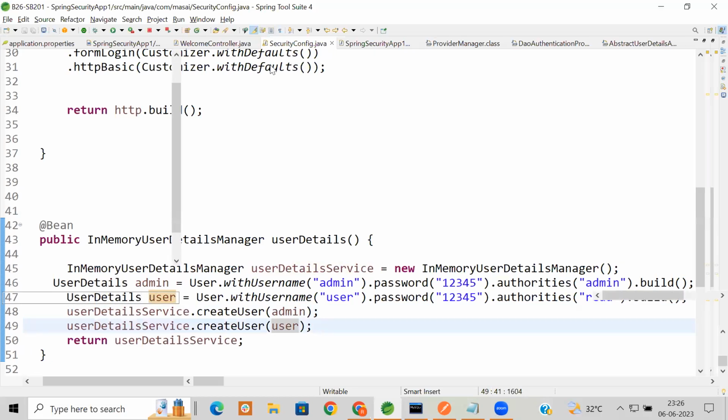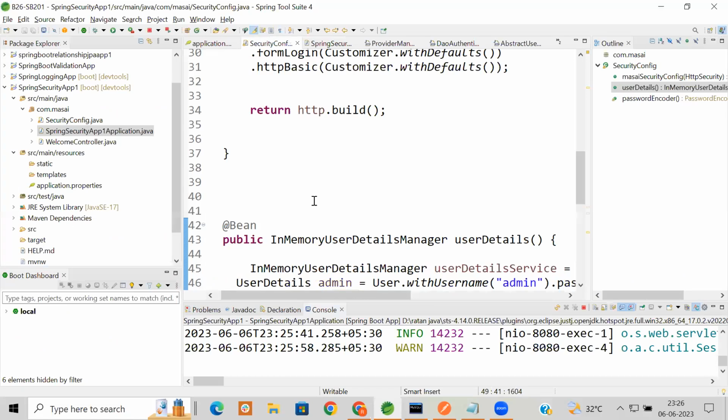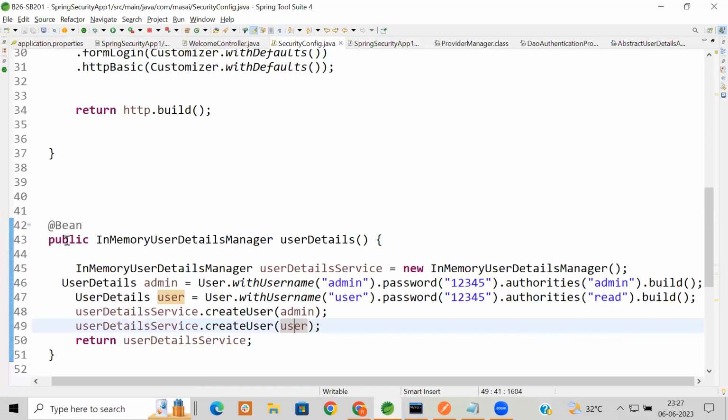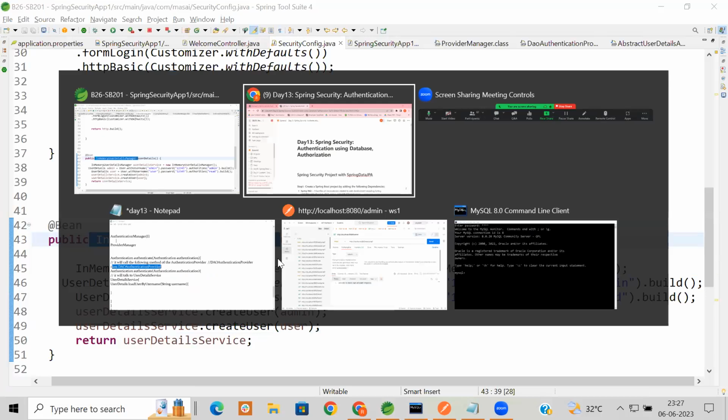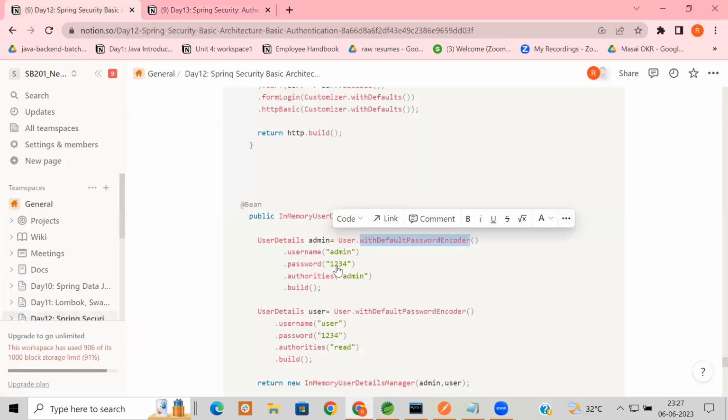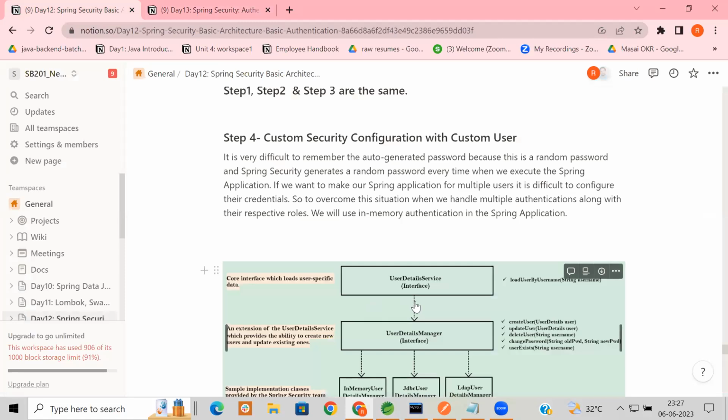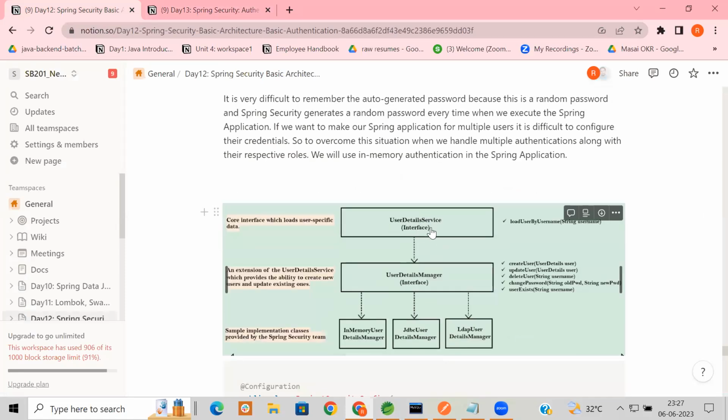Tomorrow session we are going to see how to deal with the database. That means अगर हमें database बनाना है तो क्या करना पड़ेगा? First of all, we should not rely on this in-memory user detail manager class. What we need to do, we need to write here our own custom implementation of this user detail service. So in-memory user details manager, JDBC user details manager, LDAP user details manager, these are the already